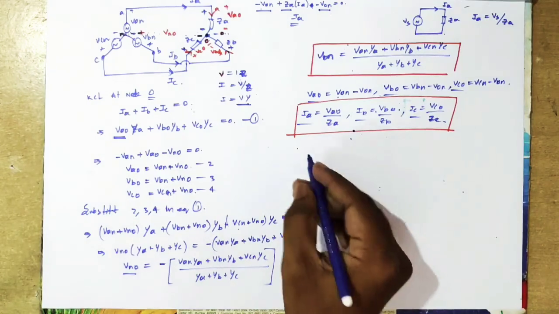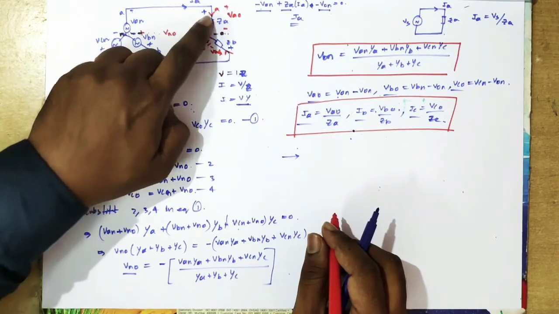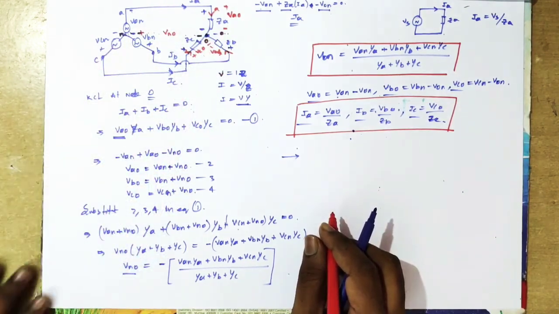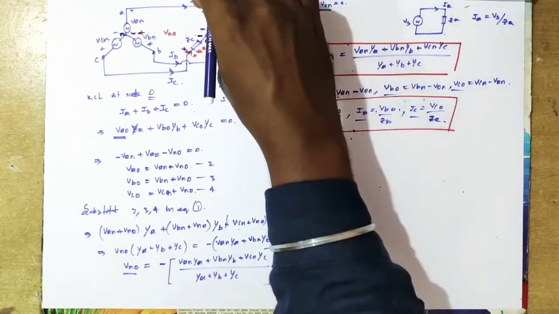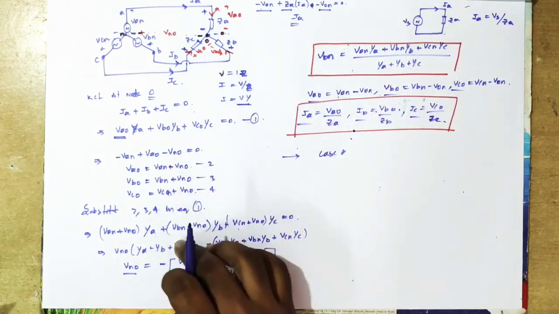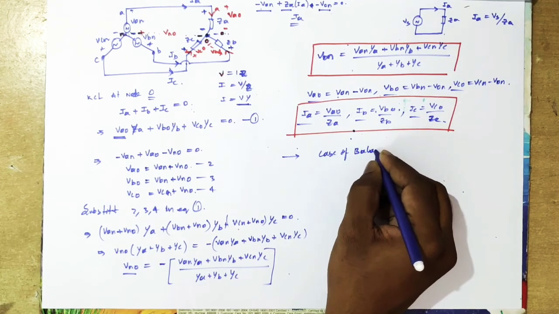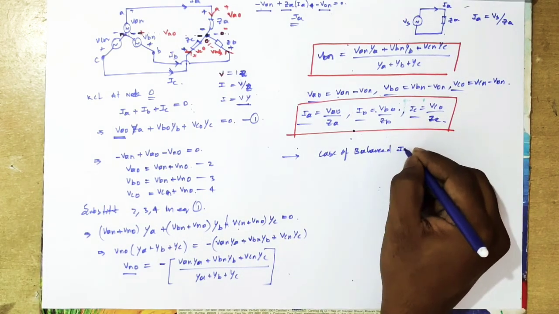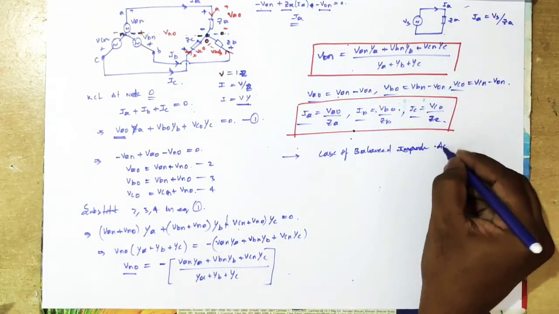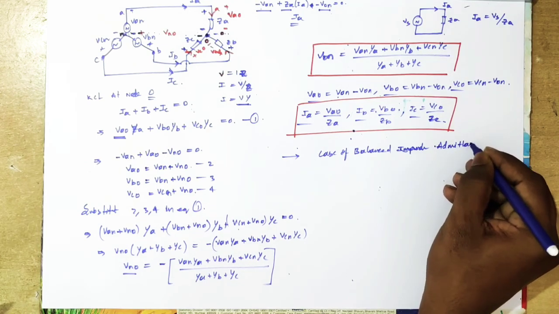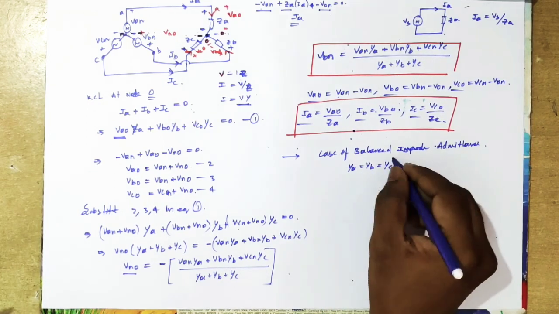So this is the finding of load currents of star connection. Now if I take different values of load impedances, this is an unbalanced thing, so there is no balance here. This is the unbalanced case we have discussed. Okay, now in case of balanced impedance or admittance, so I am taking admittance, we have taken Y values now. So what happens is Y_A equal to Y_B equal to Y_C, that is equal to, let us say, Y.